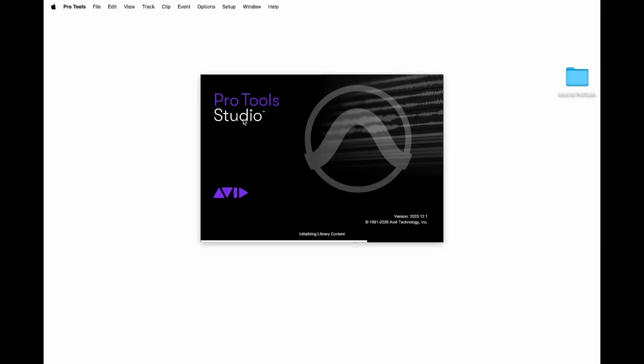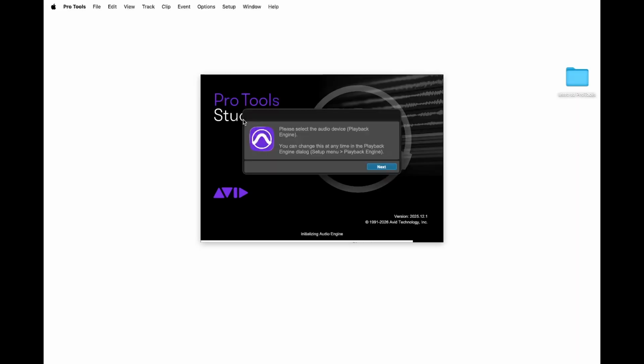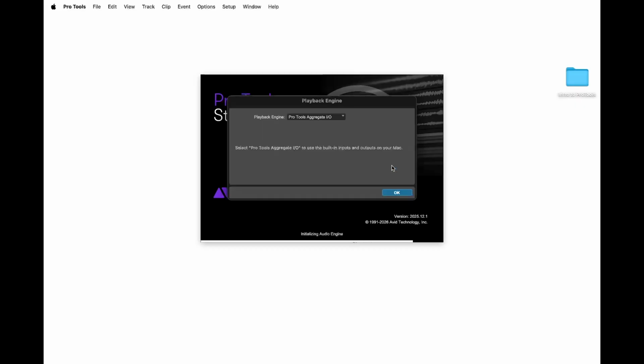What we're going to be doing in these series of tutorials can be done with Pro Tools Intro, so don't worry about that. So again, if this is your first time opening Pro Tools, you will get this pop-up window to select an audio device as your playback engine. So just hit next. And right now, I'm using an interface, the Scarlett Solo USB, so I'm going to select